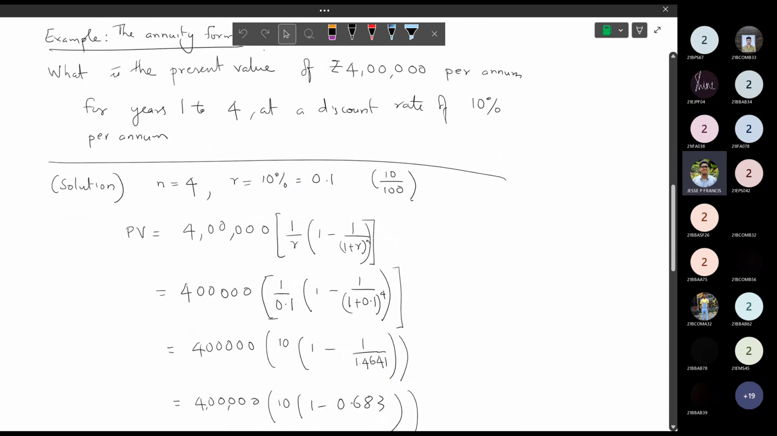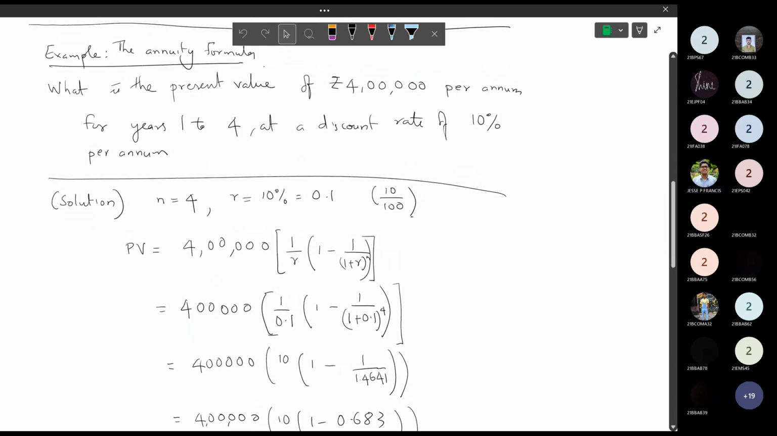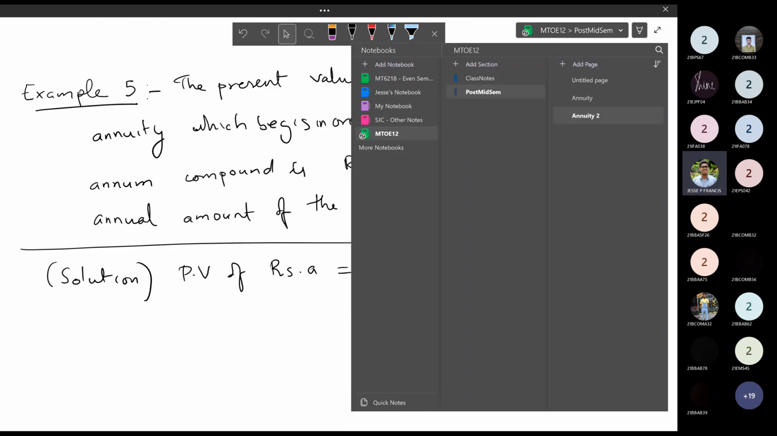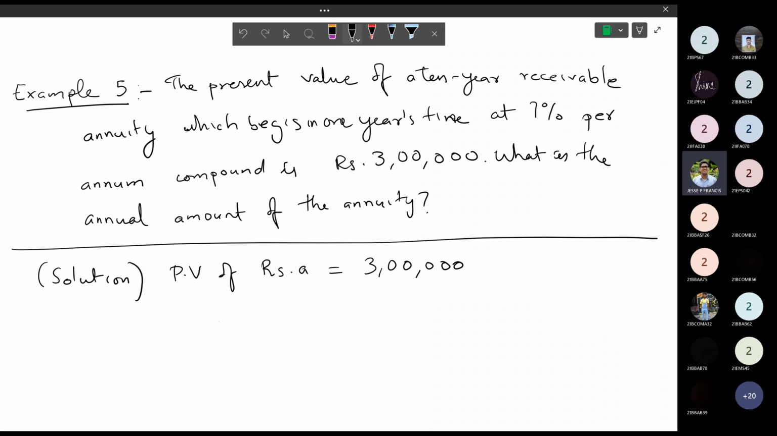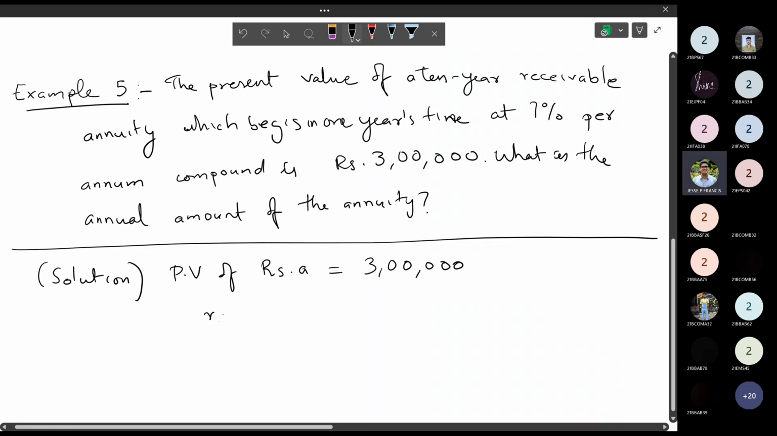Earlier, given the amount, we were calculating the present value. The problem we are doing now works it backwards. The present value of a 10-year annuity is given, and we are trying to find the annual amount of the annuity. Present value of rupees A is given to be 3 lakh. R, or the discount, is given to be 7%, or